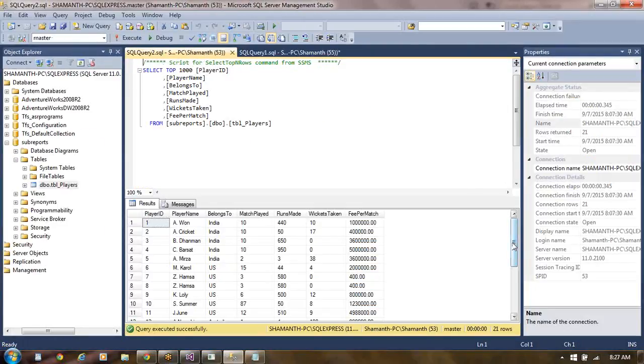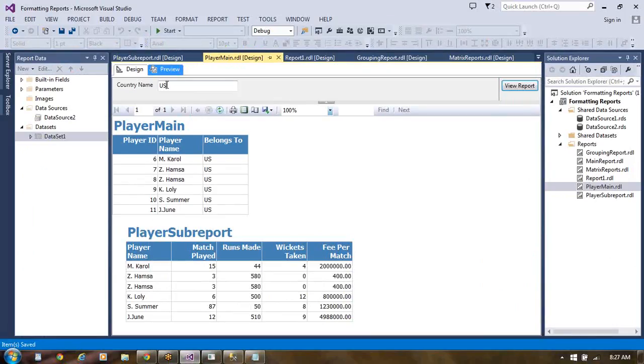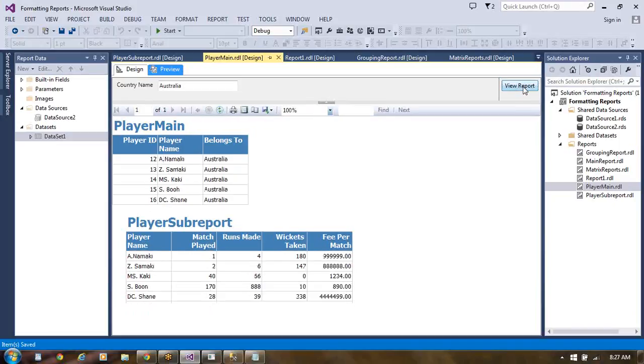We have US. Similarly, other countries also, Australia, Singapore, we have here. So we go to Australia and Singapore, try to see that. Next we give here Australia and Singapore also. Australia, click on the view report. It is Australia. The next thing is here, Singapore we give, Singapore data also we try to get here.